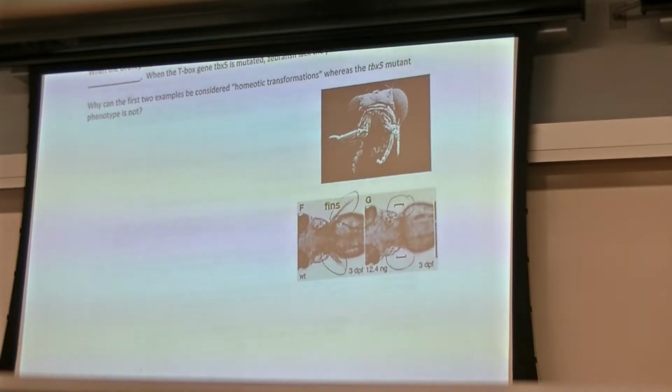Okay, it's just a deletion. It didn't change the identity, it just made it defective, or in this case, made it missing. In the interest of full disclosure, there are not that many really clean phenotypes that would just delete a body part. Usually it's still there, like a stumpy, malformed fin, but this was a cool example because it was just